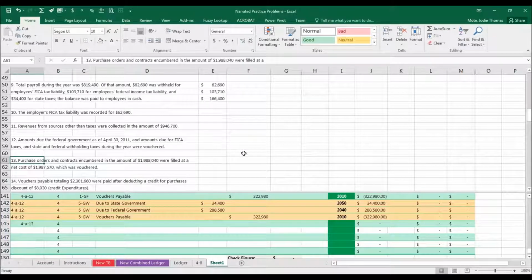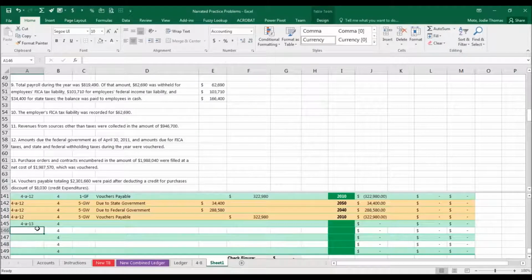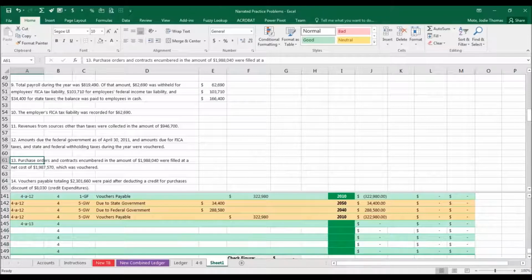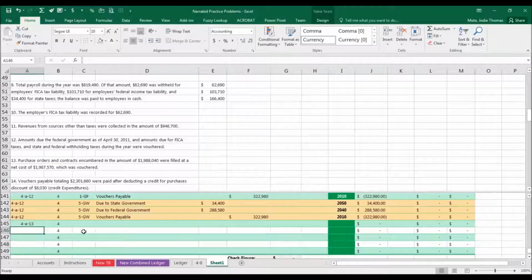It is saying purchase orders and contracts encumbered in the amount of $1,988,040 were filled at a net cost of $1,987,570, and it was vouchered. So when it's talking about something previously encumbered that was filled, you are taking off the encumbrance amount that it gives you in the problem, because that's no longer an estimate, so we don't need that placeholder for encumbrances anymore. So you're going to take that off,